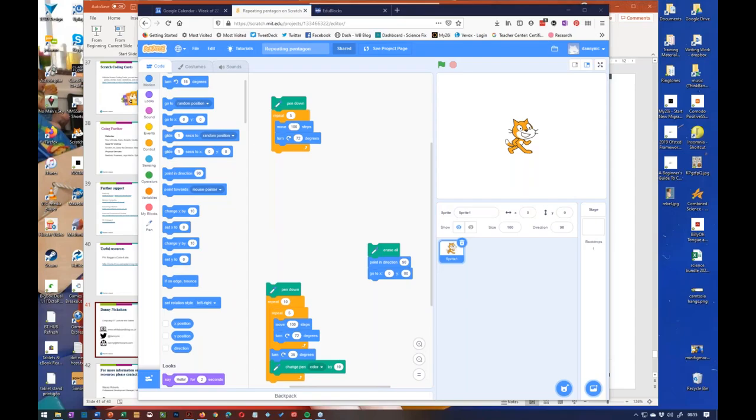If I bail out of my PowerPoint, because I've got Scratch open here, can you all see that okay? Let me show screen again. Yeah, you can see my screen. Right, so this is basically Scratch, and it's kind of a programming language, but you don't have to program words. Everything comes from the blocks. So at the moment I've got a cat, and I've got this little program here that when I make him do my program, he repeats 5 lots of what I just talked about. So he's moving 100, turning 72, and he's doing it 5 times. So you're making a program, but you're not having to write lots and lots of lines.